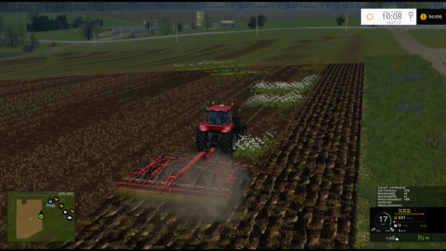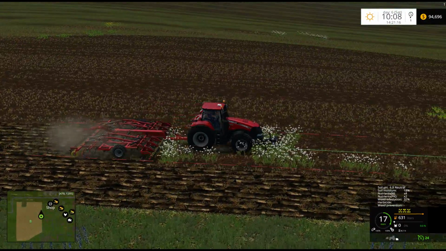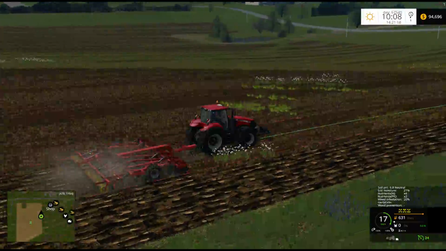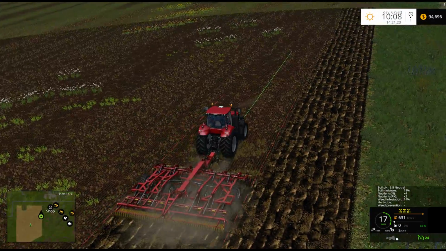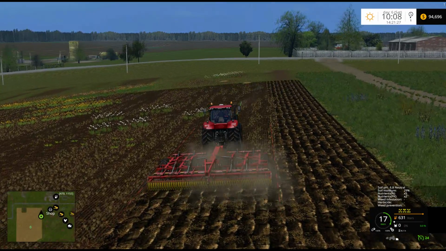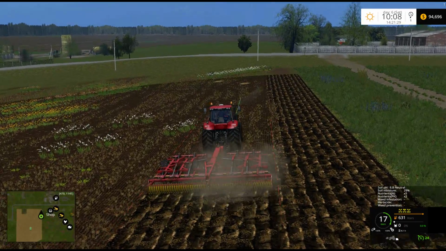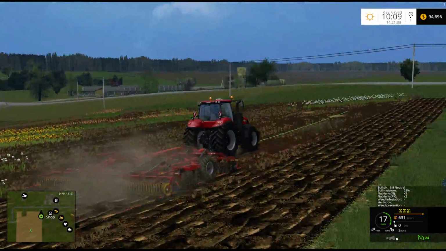Of course, there's a couple of other options. The GMK mod, the Gulmis Kalk mod, which basically means slurry, manure, and lime. If you have those installed, there's a different texture, at least for the manure. And I don't think this is it, but